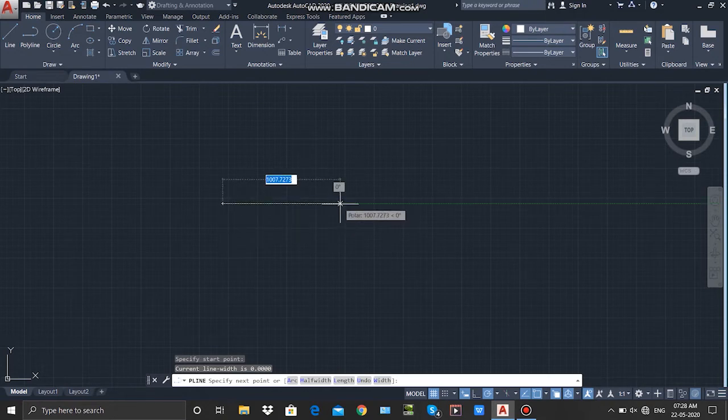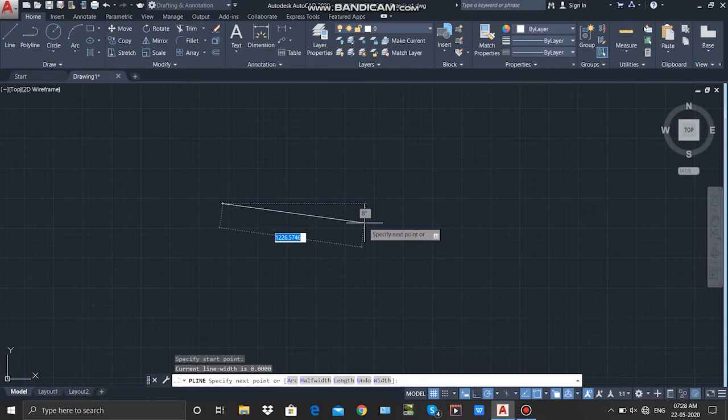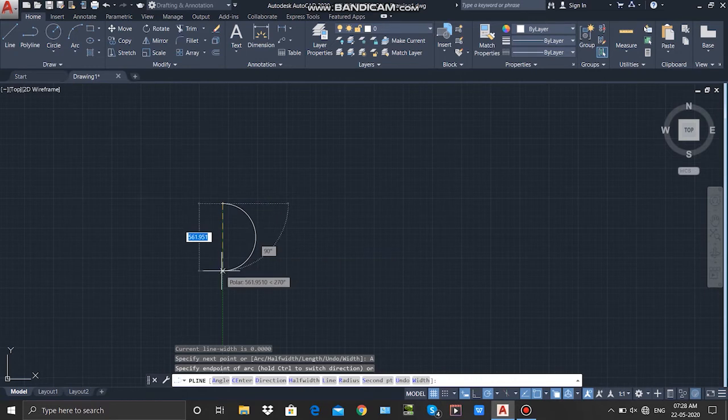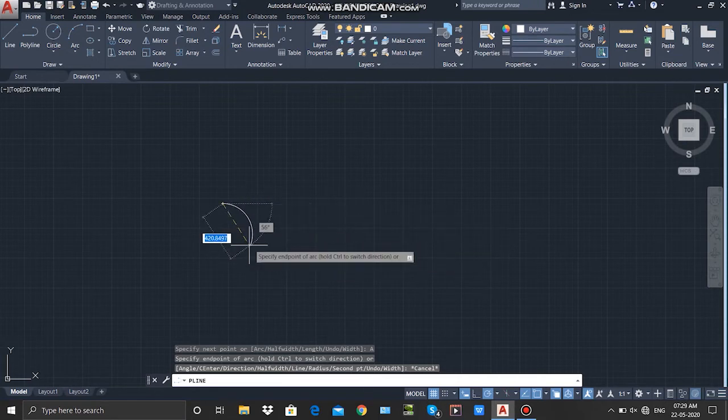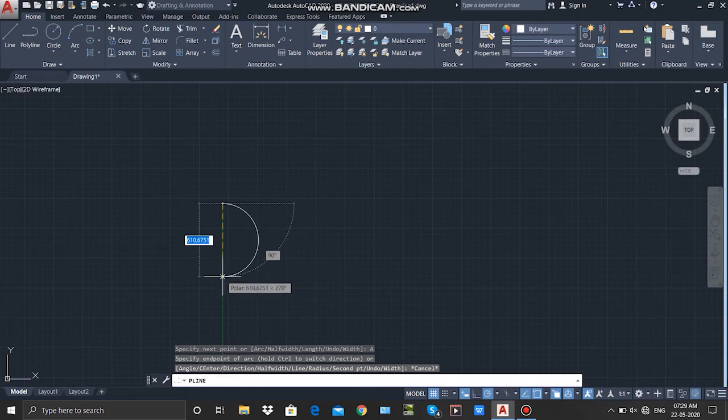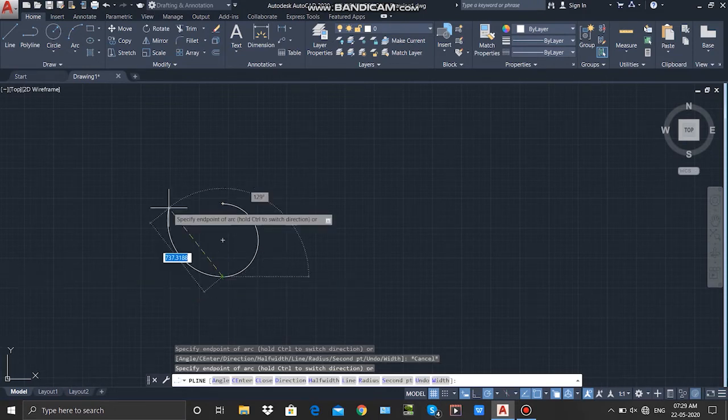Now if you want to draw a straight line, then just simply specify the second point, or if you want to draw an arc, then press your down arrow and left click on arc. So you can see one arc is coming, and you can specify the next point of your arc, or you can draw your arc in different methods by clicking down arrow. You can see different ways to draw an arc are available. So now I will draw this arc by second point method. So I will now specify the second point, and see another curve is coming.